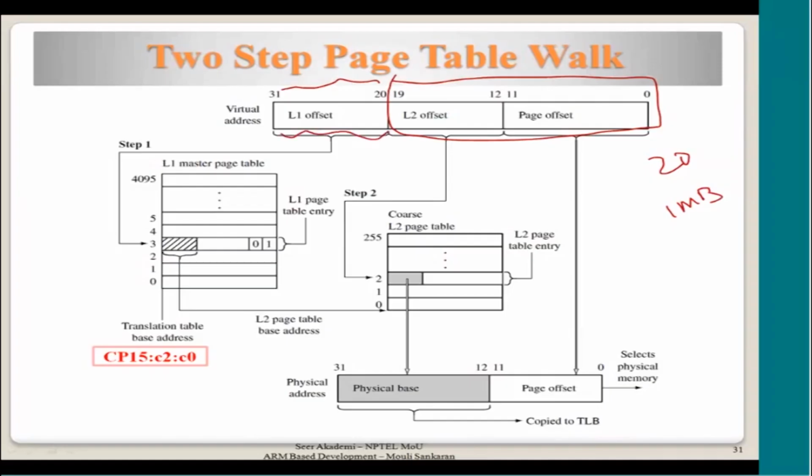So whatever is below that offset, using this register, we access the table and then set that 1 MB of space, whether it is pointing to a physical location or to some directory. It may be pointing to a physical location, or it may point to an L2 page table. Based on this entry, we know that it is the L2 page table, and of what size? Coarse size, because 01 is meant for the coarse page table. Coarse means 4 KB of size. So 4 KB of size means